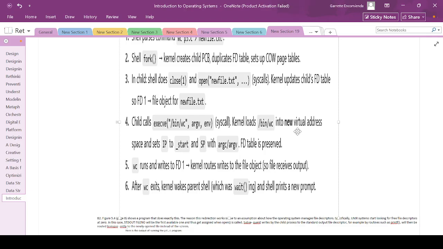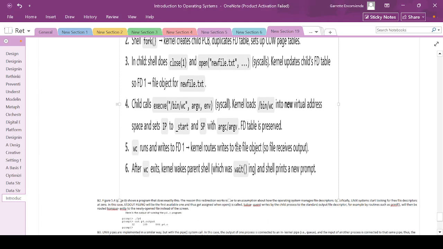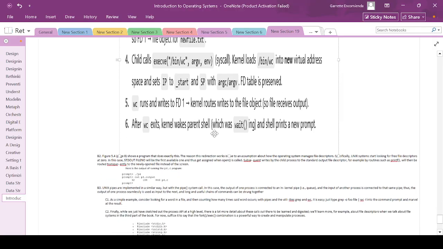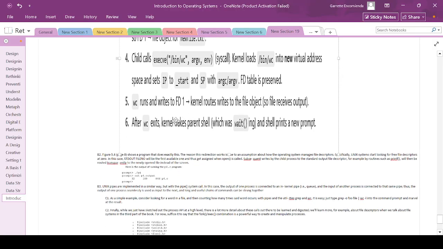The instruction pointer will also determine what instruction is to be done next, and the SP with argv along with IP is what will return the address after the process has been done. Now WC runs and writes to the actual new file.txt, using its preserved FD, which is FD1. So the kernel writes